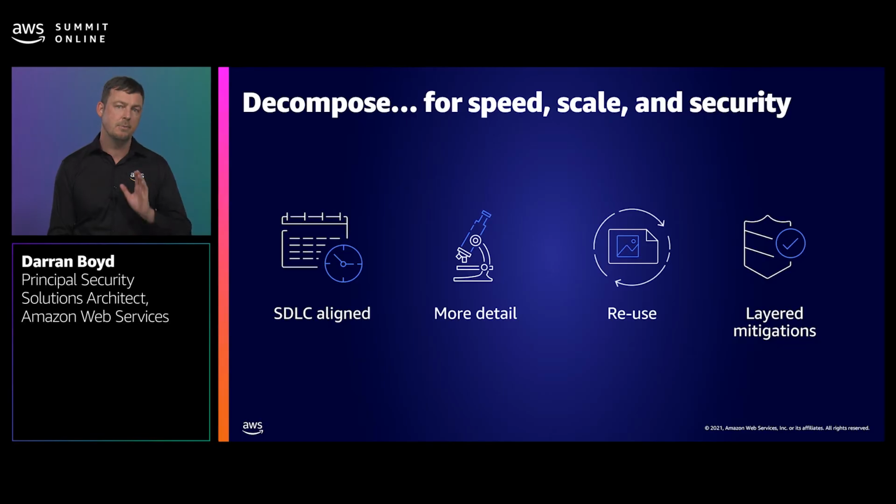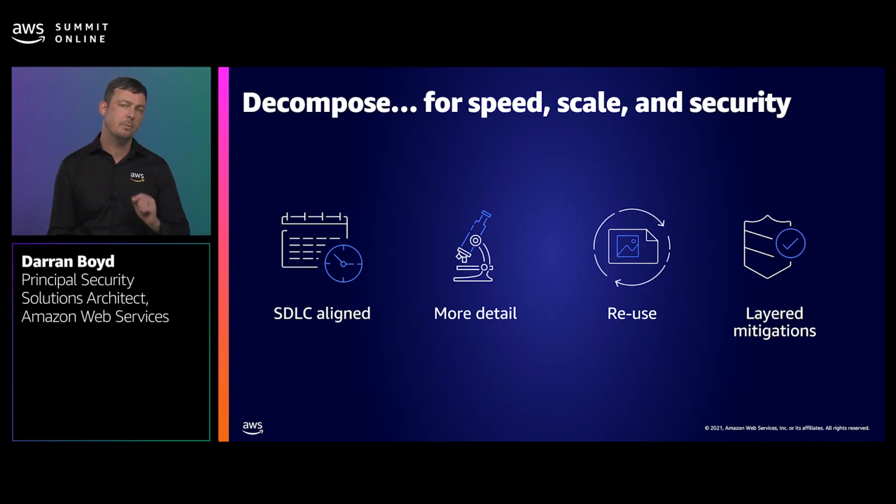What I mean is, the portion that you are threat modeling should be aligned to what you're delivering in your current project increment. So if you're delivering in a sprint, you should be decomposing your threat model down to the componentry that you're actually delivering in that sprint. Next, there's a tendency as humans that if we look for things in a smaller space, that we're able to discern more detail. What this results in is more detailed threat models that allows us to uncover more potential areas of improvement where we can mitigate additional threats.